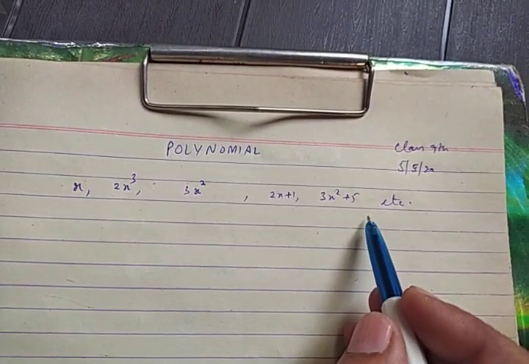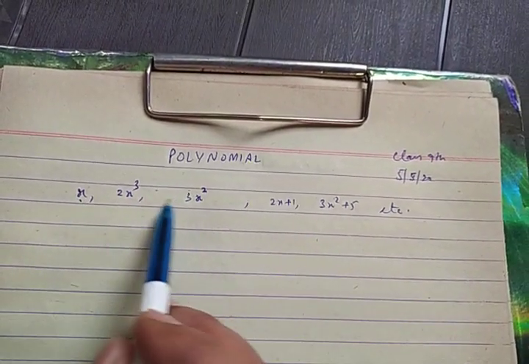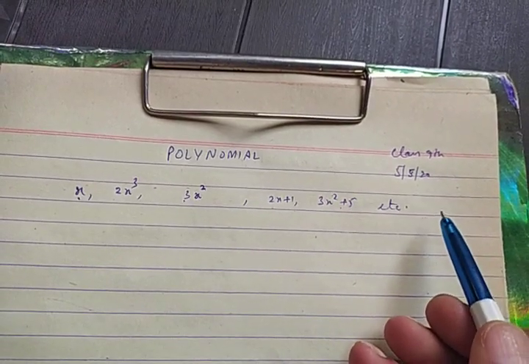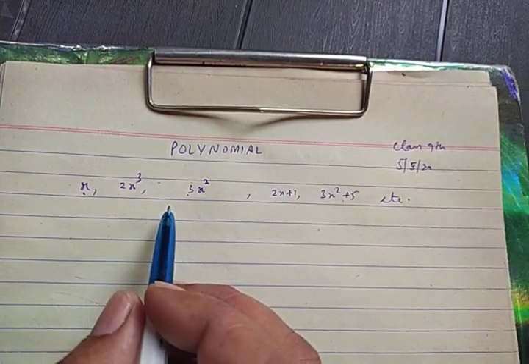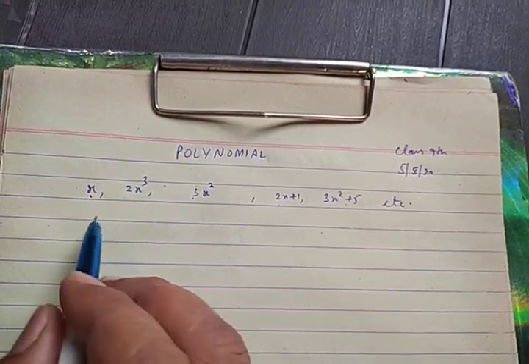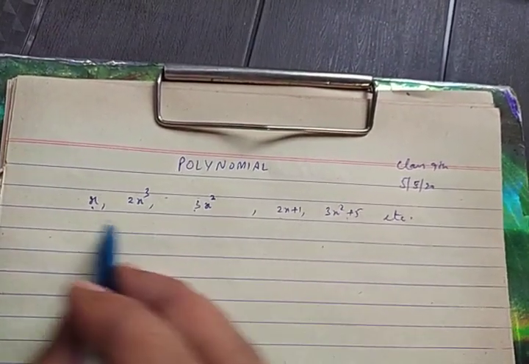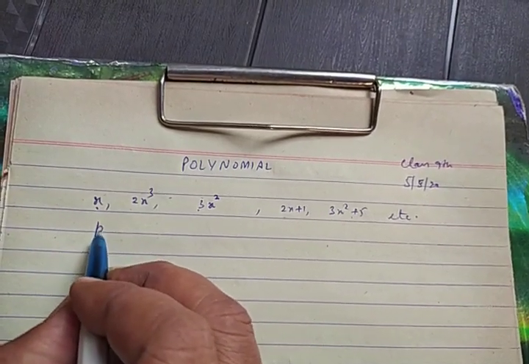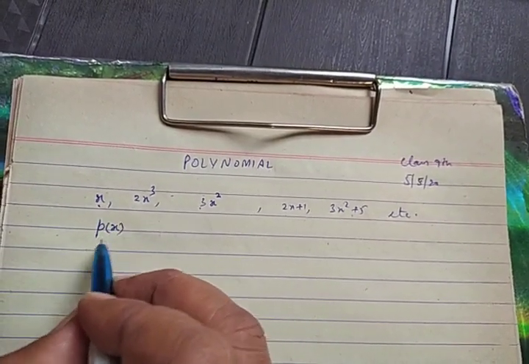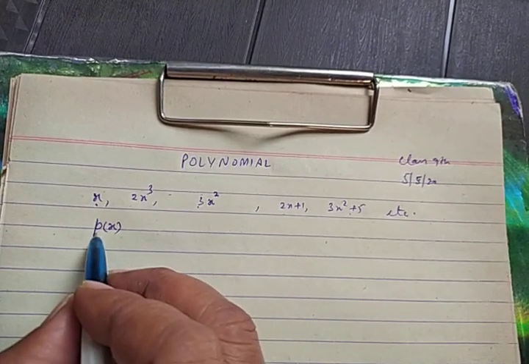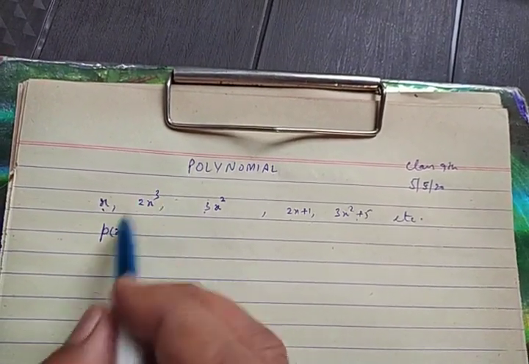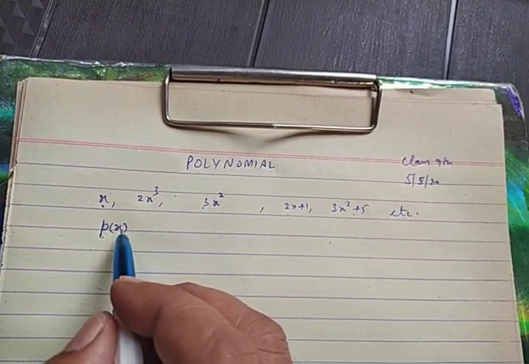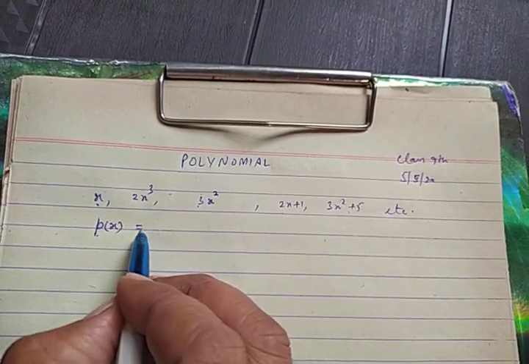All the polynomials, although this was a monomial, binomial and three terms was trinomial, in general they were called polynomials. There is a specific notation for all the polynomials. They are all represented by a symbol like p and in bracket x, like this p(x). It would be pronounced p of x. P stands for polynomial, and x within bracket means whatever the polynomial you are going to write.